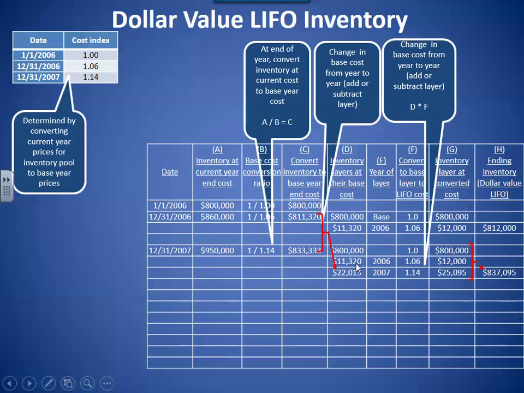We take our $11,320 2006 base year and multiply times 1.06, it comes up to $12,000. We take the $22,013 for our 2007 base year, and we multiply it times 1.14. It comes up to $25,095. So when we add all three of these layers together, we come up with a total of